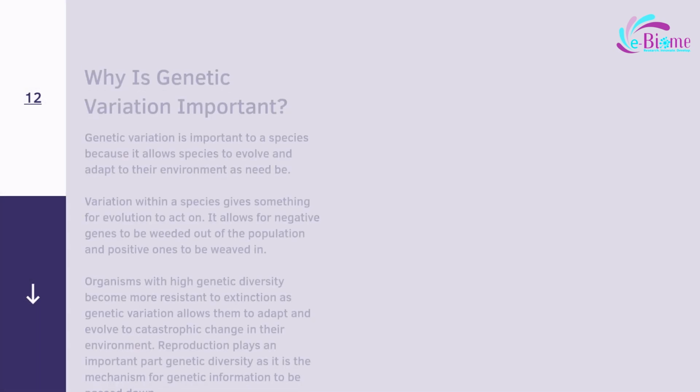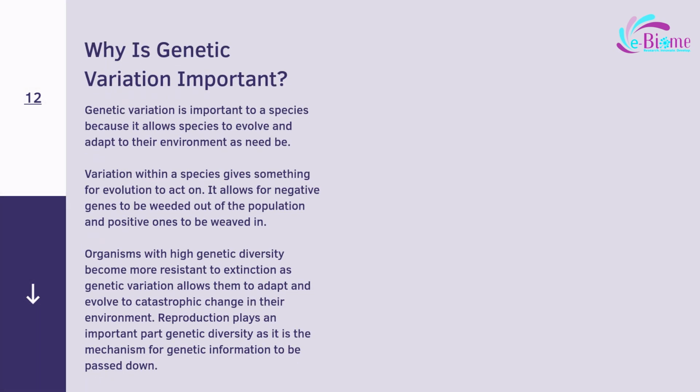Well, genetic variation is important because it allows species to evolve. For those who don't know, evolution is the process by which random mutation, along with natural selection, causes a species to change over time. Evolution cannot happen without random mutation and natural variations, because these variations could be the positive or negative genes on which natural selection acts upon, which causes changes in the population, or causes evolution.